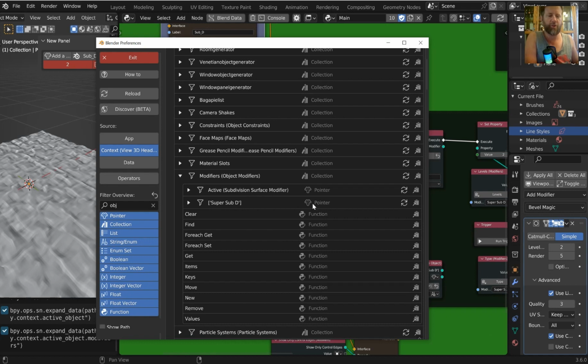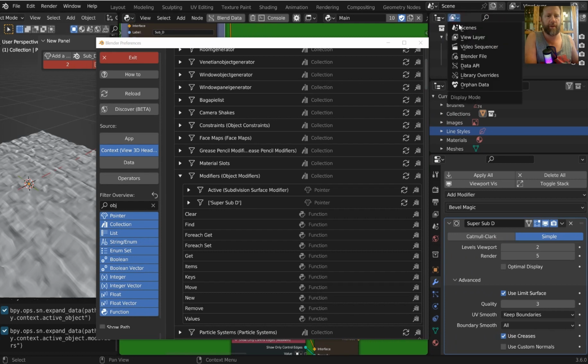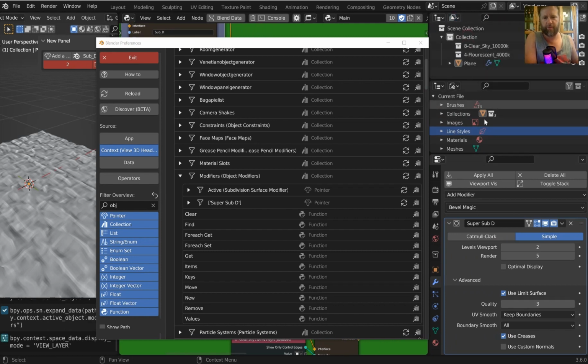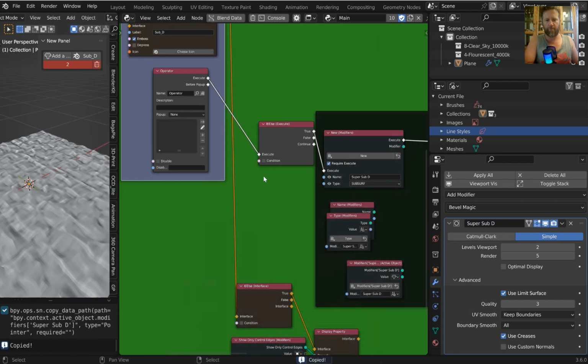This is pointing towards the view layer. And if I could pull this out for a moment, you'll see the view layer. It's going to point to not necessarily the view layer, but the active modifiers in the active workspace. There's a better way to say that, but we'll work on that in the next tutorial. But right here, if I grab this and plug this in over here